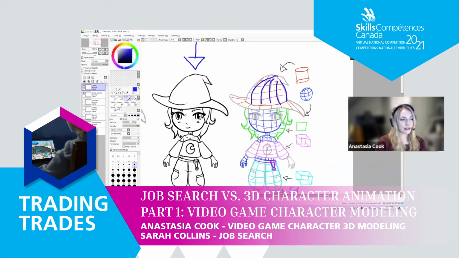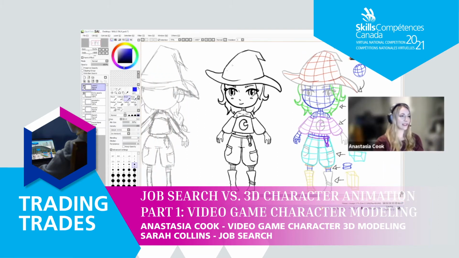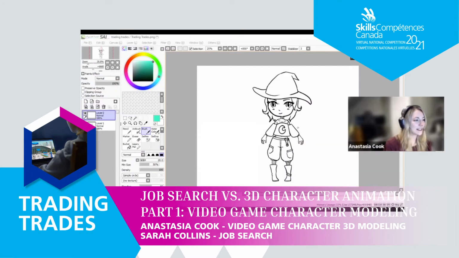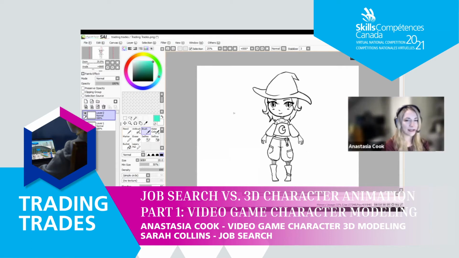So when I go in to figure out a character before I even 3D model anything, before I even open the software, whether it's Maya or Max, I want to make sure I know how this character is going to flow and if it makes sense. And this is the best way to figure that out. That's non-destructive. So yeah, you want to open up that character. I'll just quickly go through how you're going to make those lines. You're going to grab that brush I explained to you earlier. And I think I have it. Yep. Awesome. You can look at mine as reference to what you just saw.